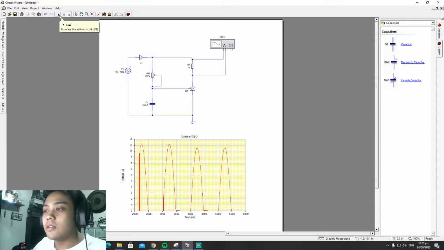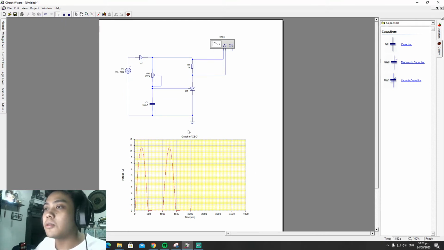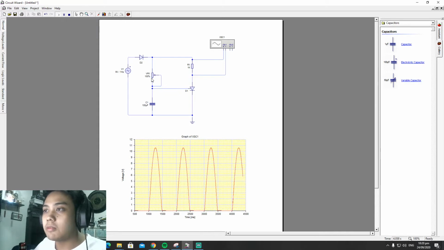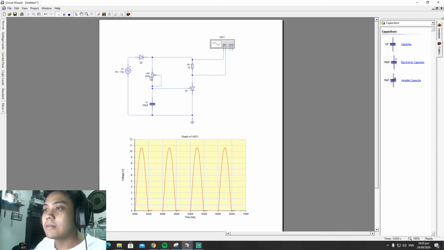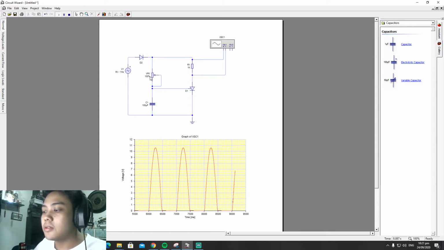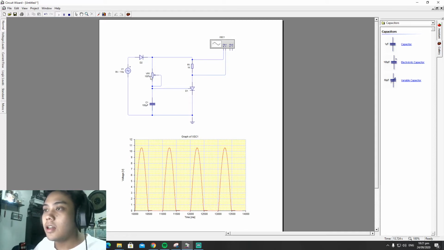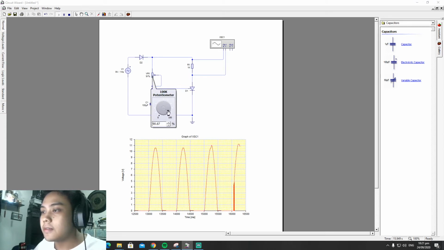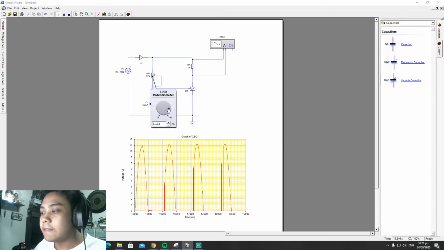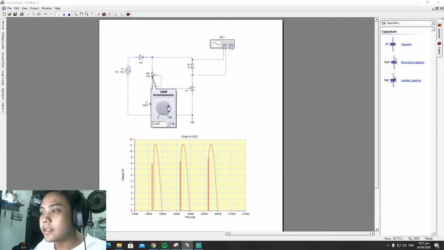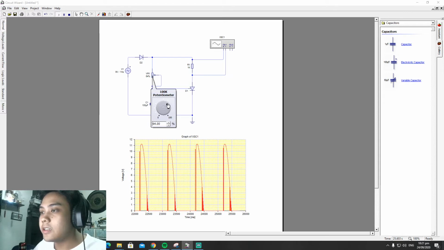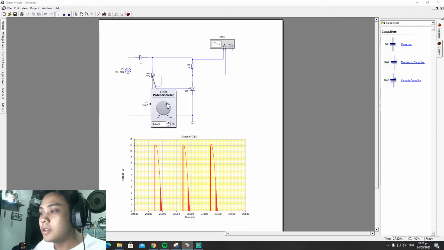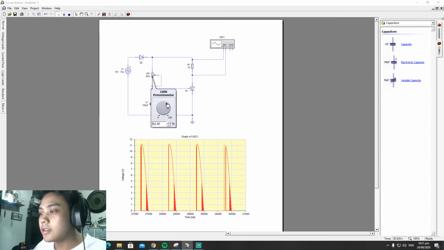So going to the simulation, with our potentiometer at 100%, we can see that there is almost no firing angle that can be seen in the graph. However, if we decrease that, we can see that the firing angle is slowly increasing. There. If we decrease it more, let's say up to 63% or 62, we can see that we already achieved